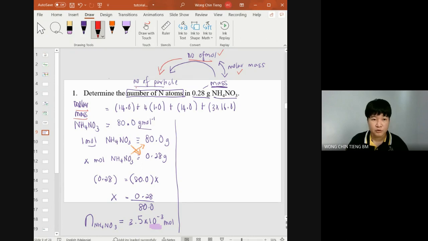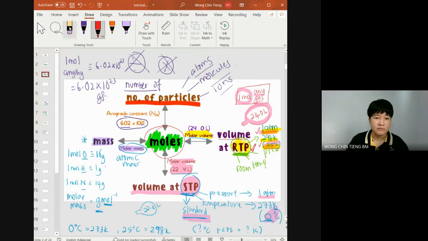Number of mole nak tukar kepada number of particles ataupun antara number of mole dengan particles. Siapa conversion diorang? Takkan ubah benda ni, fix. Number of mole. Alright, number of mole